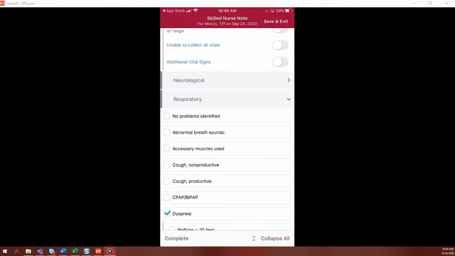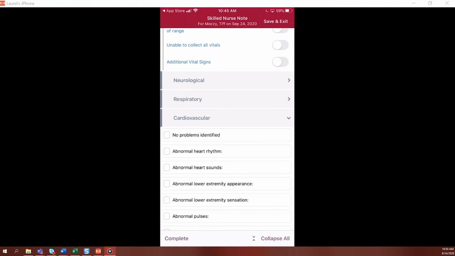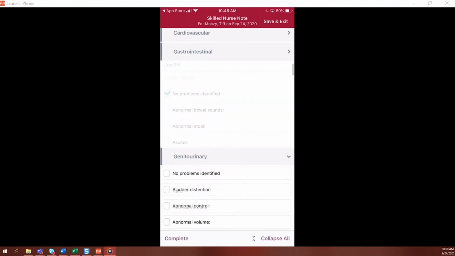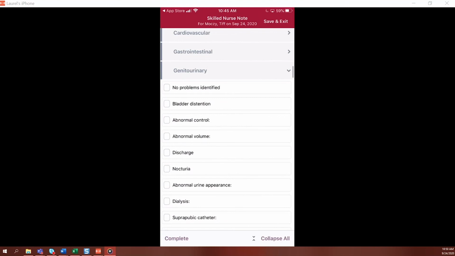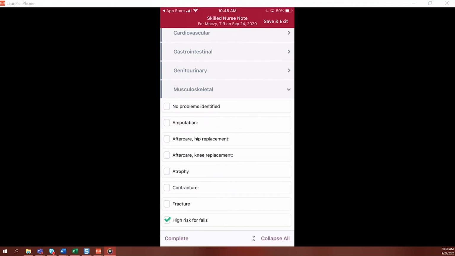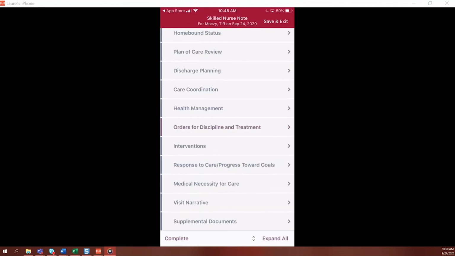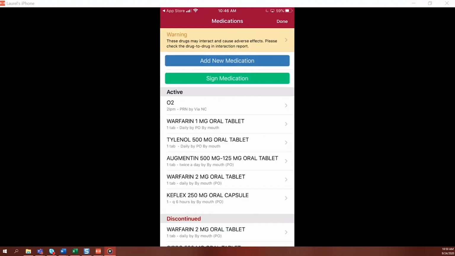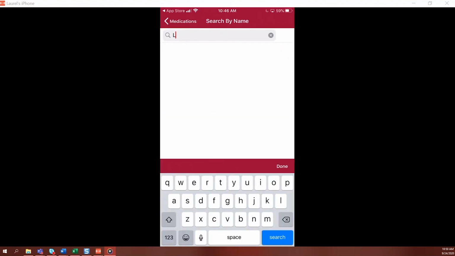Under Health and Management section, you can review your medication profile. Once in the medication profile, you can add a new medication. Tap on Add New Medication, start typing the medication, and select Search. Select the medication the patient is taking, add an amount, the physician, medication classification,